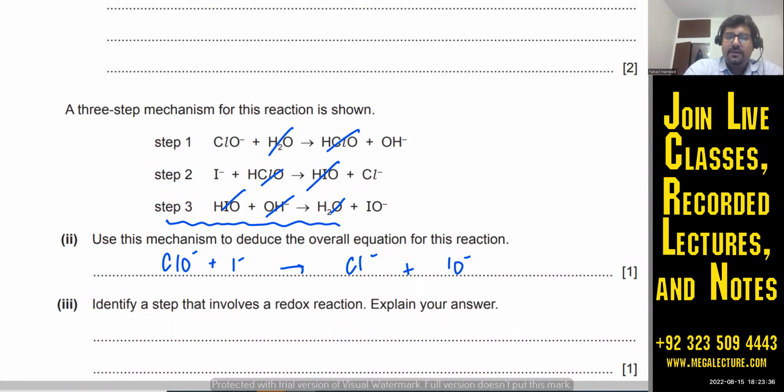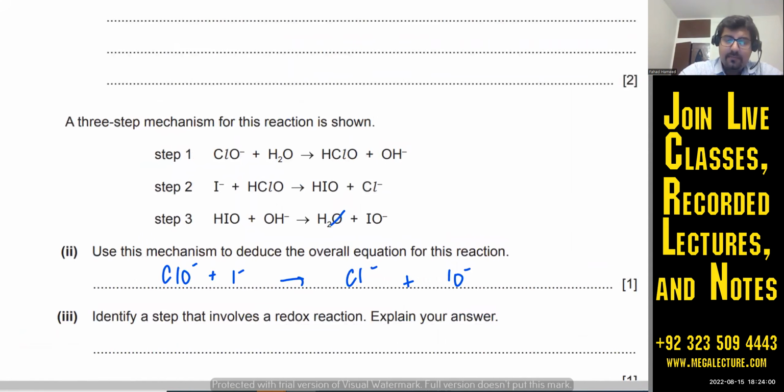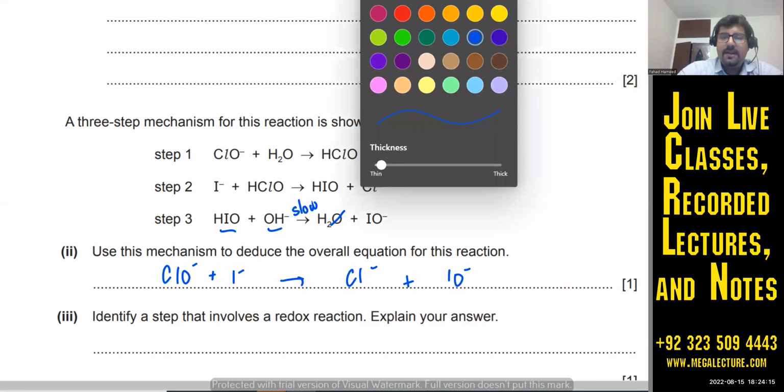Now let's focus on the mechanism. So the mechanism that we have over here is, is this equation balanced? It looks balanced. Anyways, now the mechanism is, I don't know if this question is exactly about that, but let's say this last one is my slow step. So that means rate depends on these two things, right? So that means rate depends on